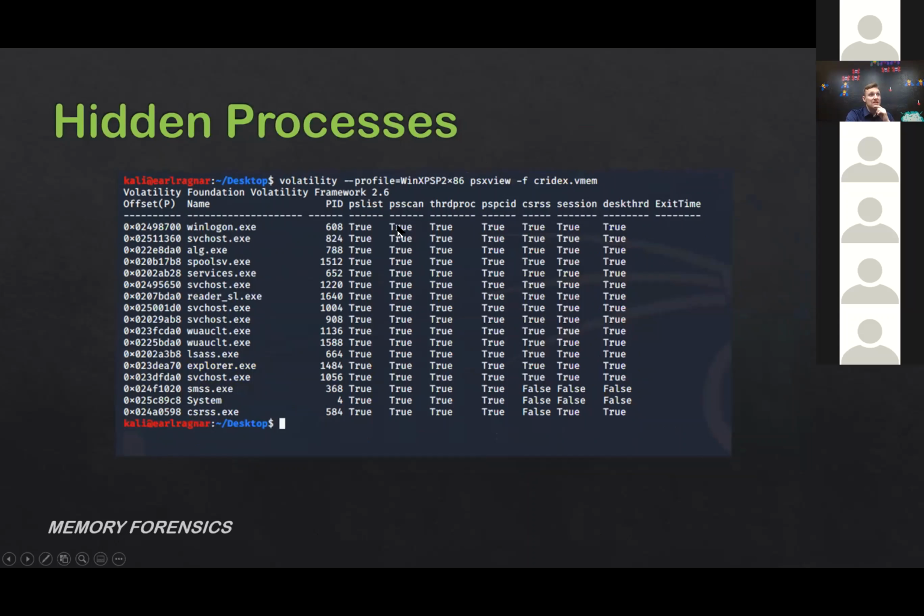So here you see a list of processes. Now, all these on the PS list side, you see are true, and PS scan is true. PS list and PS scan are commands for Volatility. But basically, if you see a malware process that is hidden from Task Manager, you should see false in one